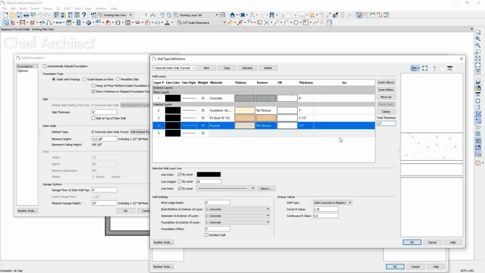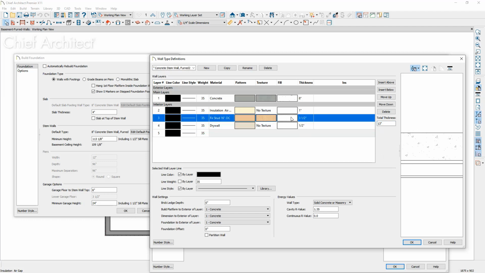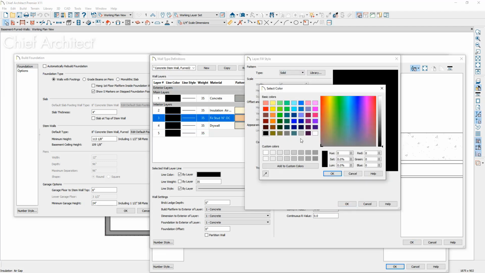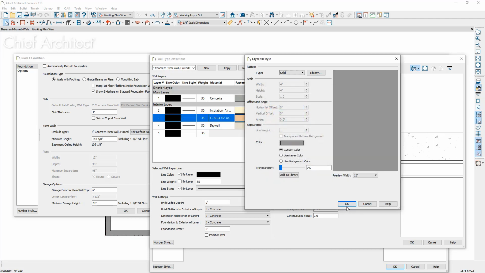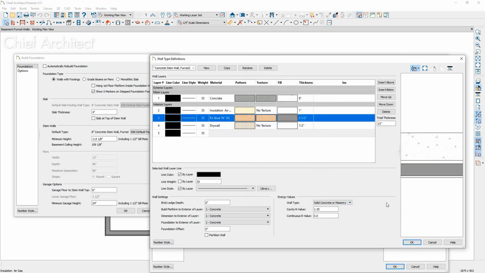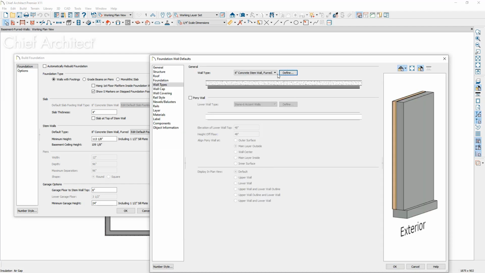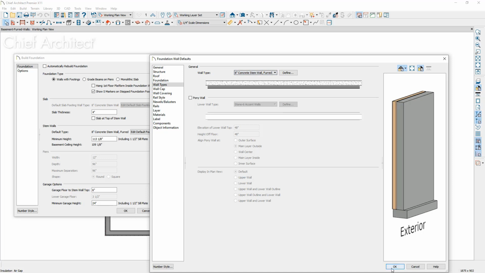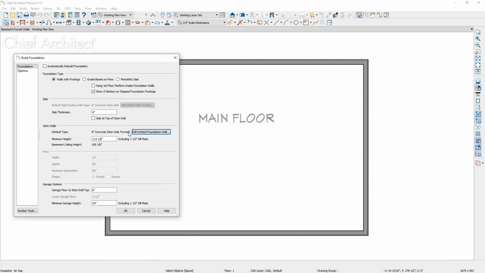You may want to change the fill style. You see the view in the plan view. I may want to change the fill style on this material in here. Just click on it, and you can choose a style in here, sometimes maybe just a solid. You'll find angle hatches if you're using a black and white print. But now you can see the plan view of this wall style right in this view right here. With that wall created, you now have access to that and can use that as the default wall style that we will use to build the foundation with.